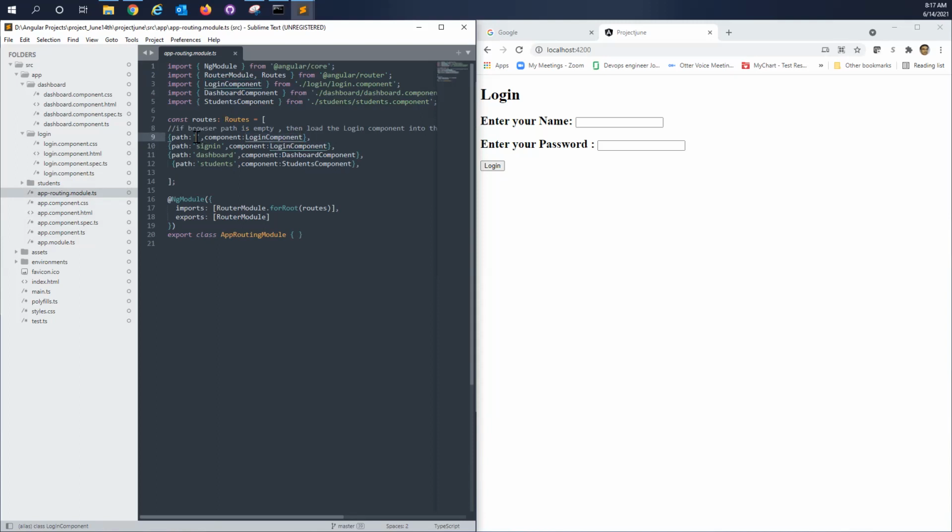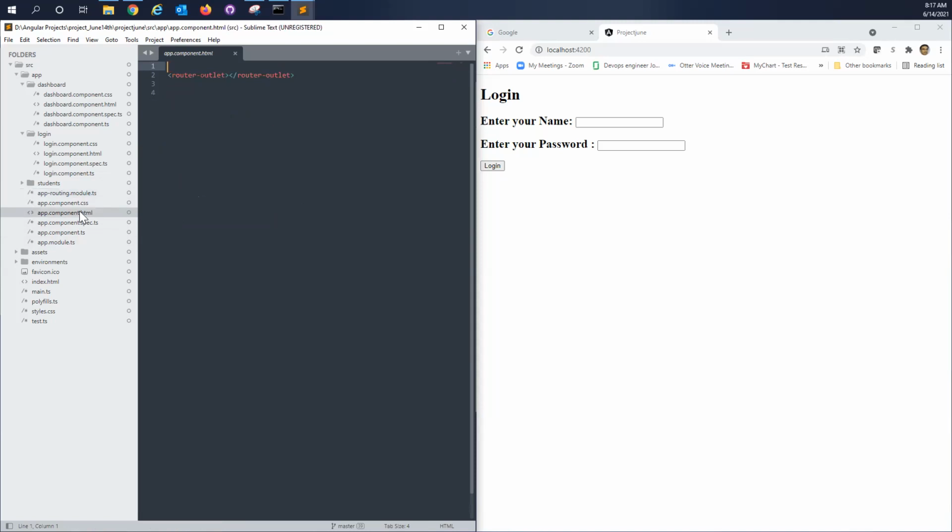Okay. In between this and this, it will go to here, right, Rajesh? Not in between. After. Okay. After this, it will go here. Yes. Okay. Here it is going to point anything else? No, that's all. Here it will display the HTML. Here means app component.html. Correct, it is going.